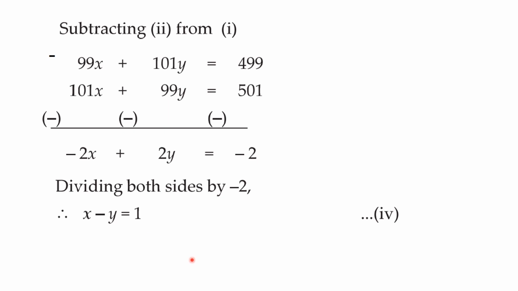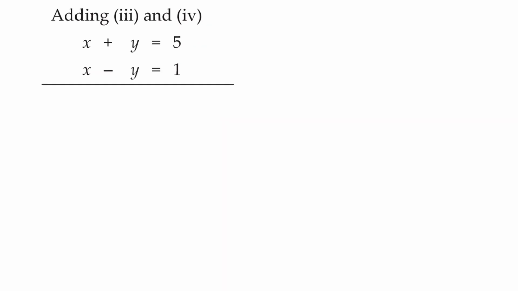Okay. So again add, that is why it is called ASA. Add, subtract, add. So again we will add equations 3 and 4. So write down adding equations 3 and 4. Write down equation 3 up, just below that write down equation 4, and then write down plus sign which shows that you are adding here.